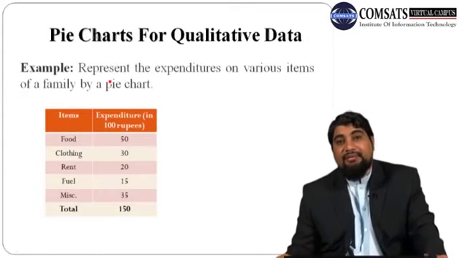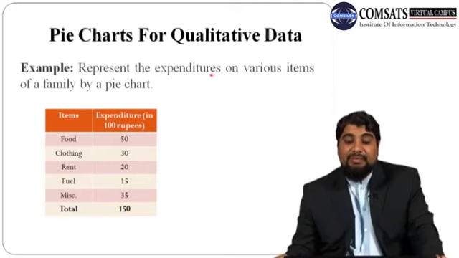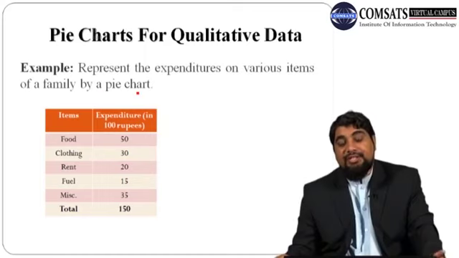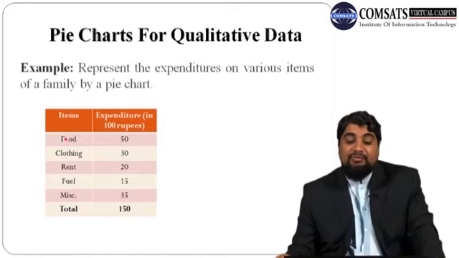So let us explain it with a clear example. The question is, represent the expenditures on various items of a family by a pie chart. So here in the first column we have different items: food, clothing, rent, fuel, miscellaneous, and in the second column we have expenditure in 100 rupees. So for food 50 rupees, for clothing 30, for rent 20, for fuel 15,